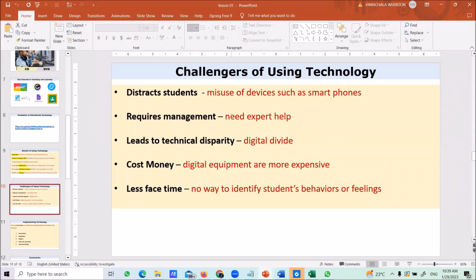That's another limitation when you are doing technology, when you are doing online classes or things related in the classroom. Then cost, another point, then less face time. Right? These are the things you want to explain, so that you remember. Put some topic and give a 2 or 3 line explanation, right? 2 or 3 line explanation is needed,